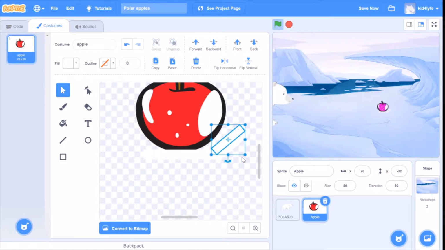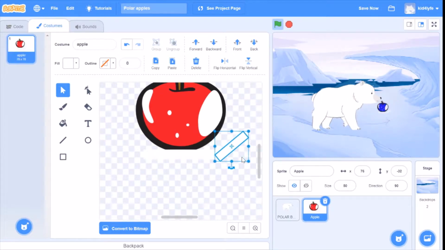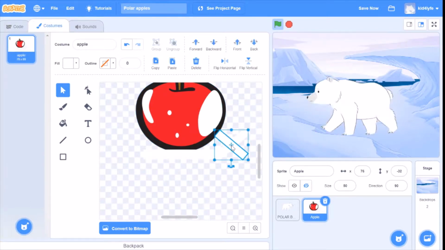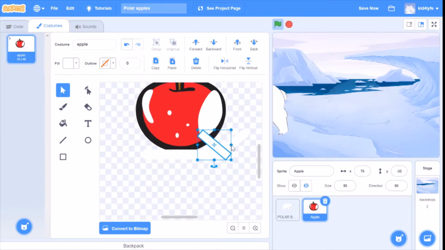Now the polar bear has lost interest in the apple. The polar bear became big. And now let's flip horizontal. Yeah, the bear just finished eating that apple and now he's trying to escape us, but he can't because of